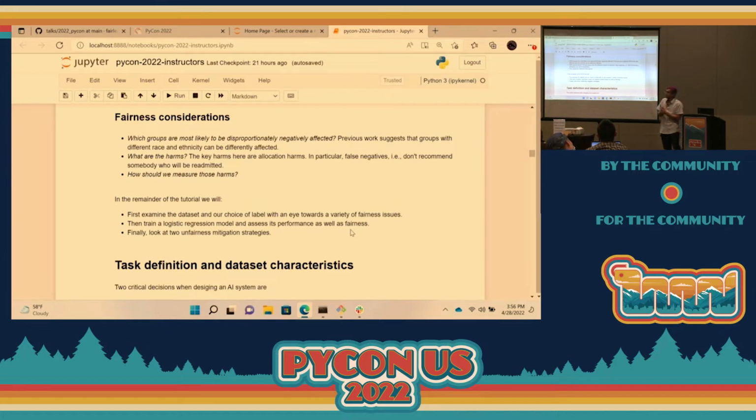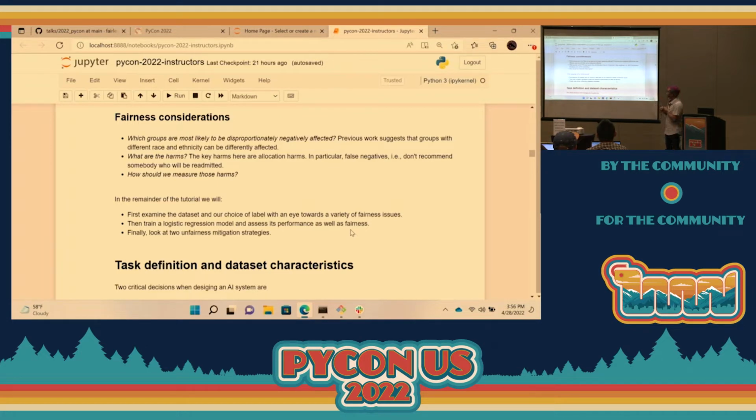And what are the harms we expect people to experience? And this ties back to that taxonomy of harms I introduced, is that we expect people here to experience allocation harms. We have this limited healthcare, high-risk care management space in this high-risk care management program, and we're allocating space to this using the model. So if you are not allocated this opportunity, that's sort of an